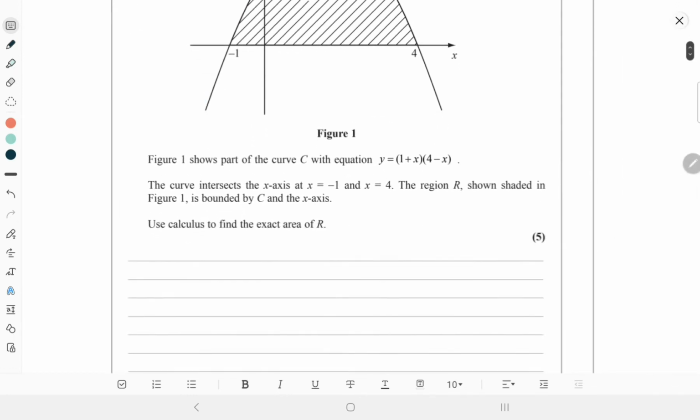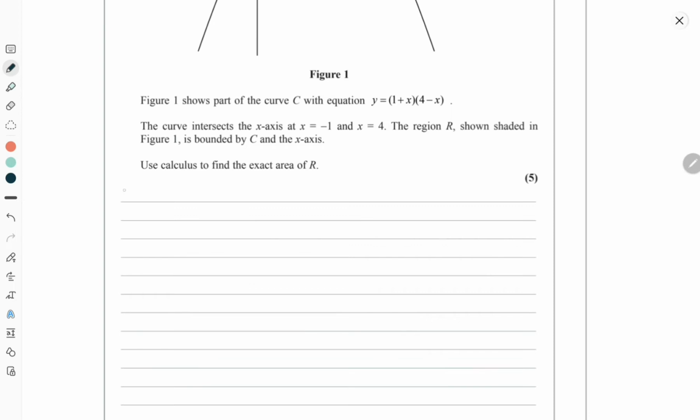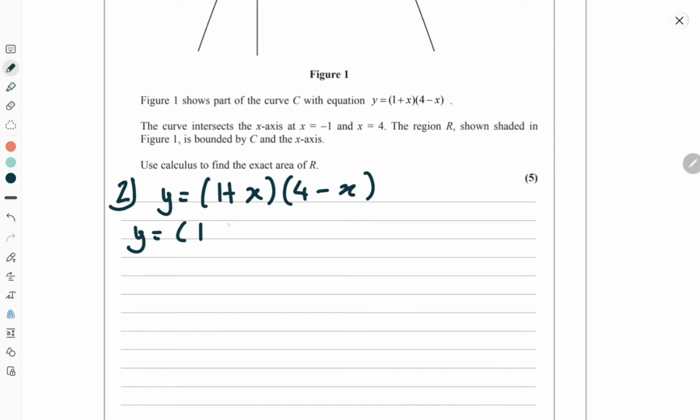Okay, so let's write the curve equation. y equals (1 plus x)(4 minus x). So the first step would be to expand this bracket. What I would do is expand 1 plus x, 4 minus x, which is equal to